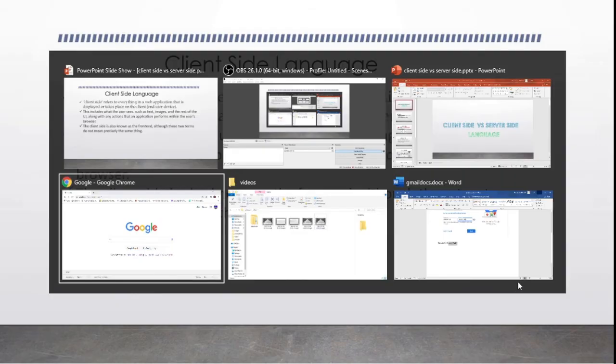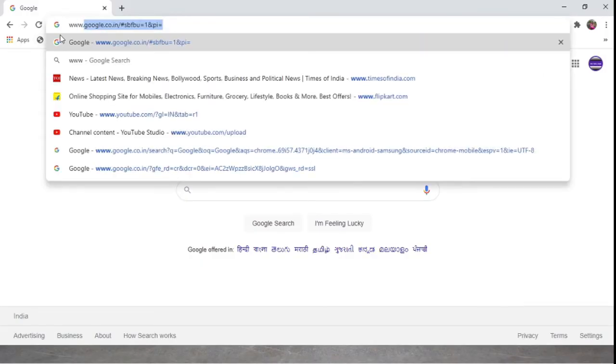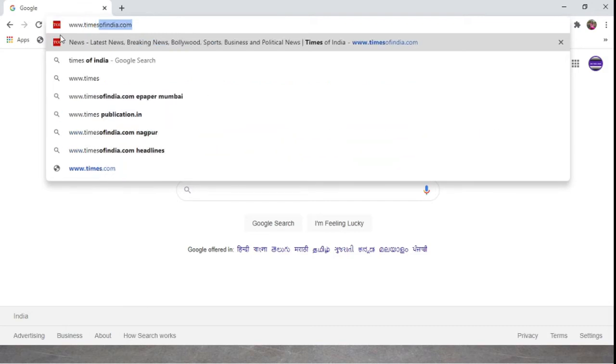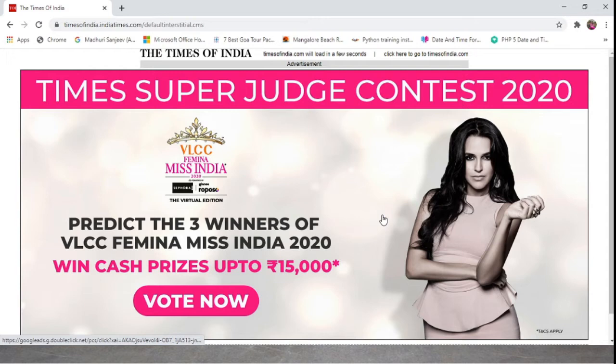For example, here, www.timesofindia, I am opening this website, this newspaper. I am the user, and this is the user interface. You can see this is the user interface.